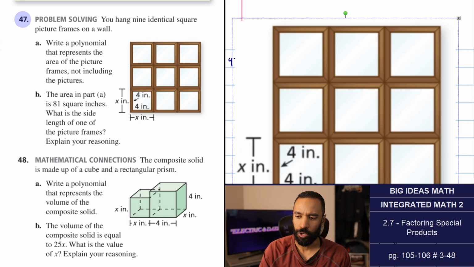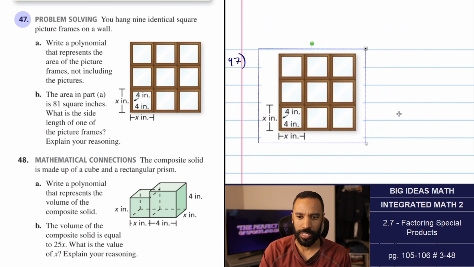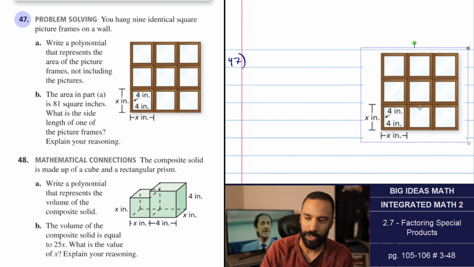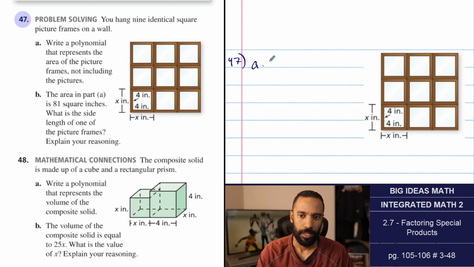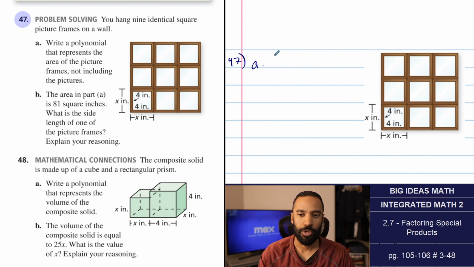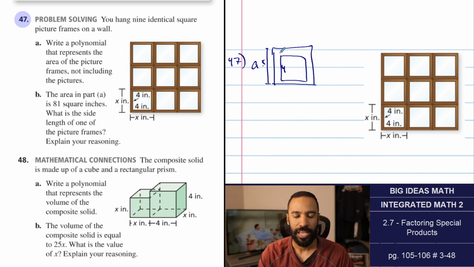What do they call it? Identical square picture frames. So the wood frame part includes the X, right? Let's keep the drawing over here. They ask you in part A to write a polynomial that represents the area of the picture frames not including the pictures. So the frame's just the wood part. So if you imagine what's happening, the whole thing is X with the wood frame part, and this little guy is 4 each. That means the whole thing is X, then